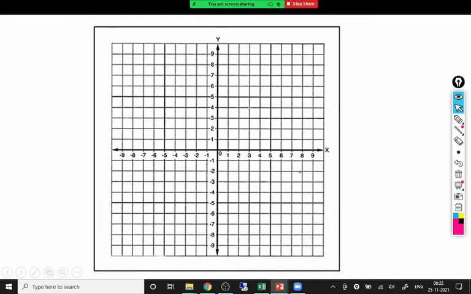Cartesian coordinate system. This one is a Cartesian coordinate system, or this is the graph paper for a Cartesian coordinate system. With the help of this graph, we can plot any curve here, any curve. For example, suppose we have to plot this curve. Can you tell me how you will plot it?